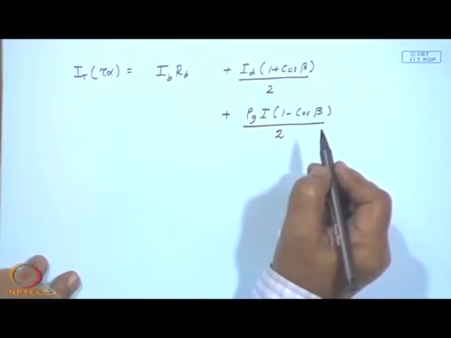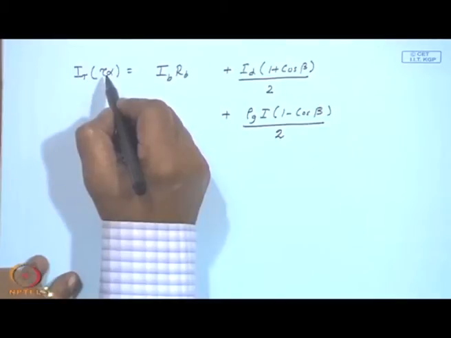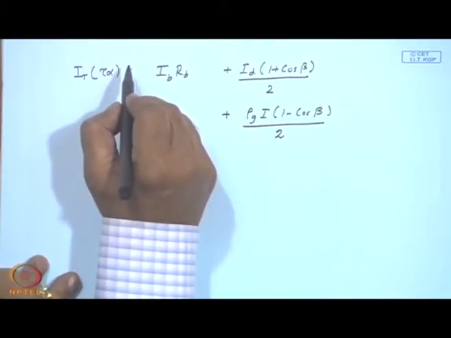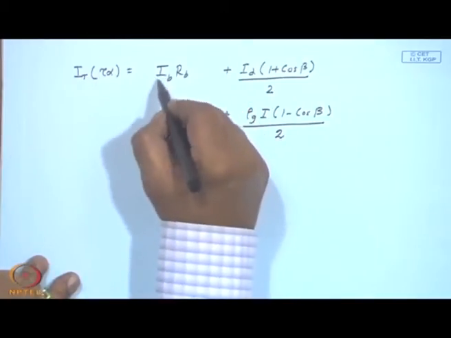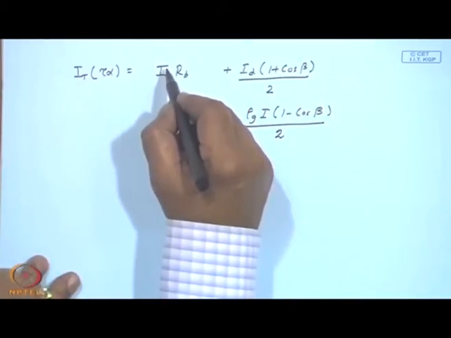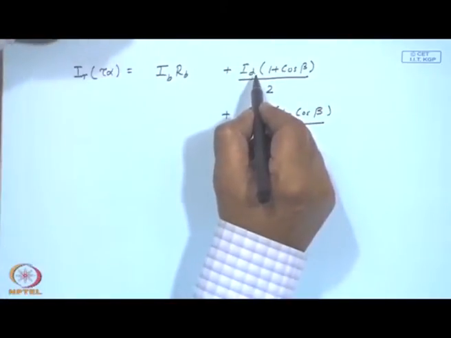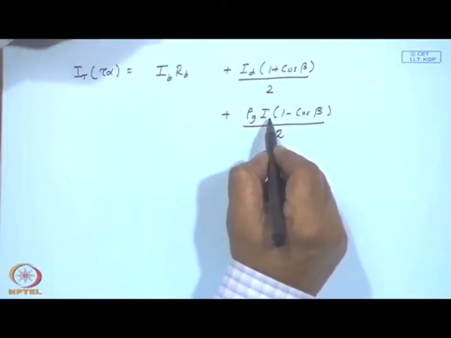Now, these terms ought to be associated with the corresponding transmittance absorptance products, since tau alpha is a function of theta, and this direct radiation will be occurring at a particular angle of incidence. The diffuse radiation is isotropic and appears in all possible directions, and the ground reflected radiation also is a diffuse component,